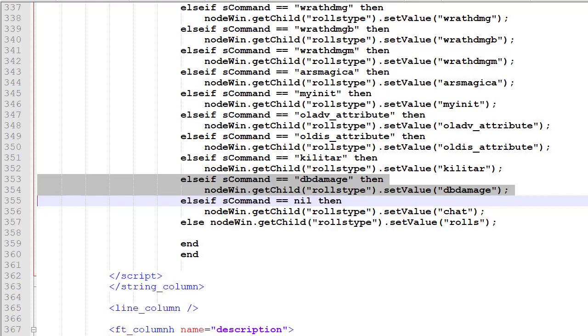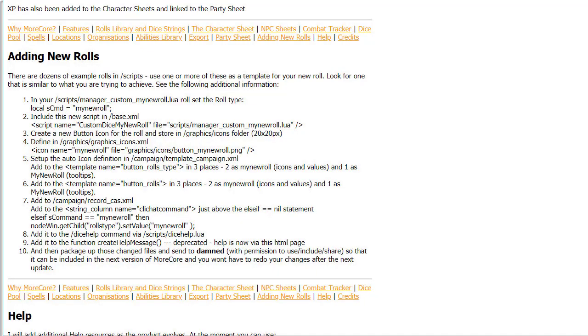And we can see that there, else if S command equals db damage, so that's all good. And our final step then was dice help. We're not going to do that just at the moment. Dice help, the create help message, which is a little bit deprecated. We do need to add it to the help file, which is the HTML file on the web, but we're just going to save those, and we're going to reload our rule set and cross our fingers and hope that